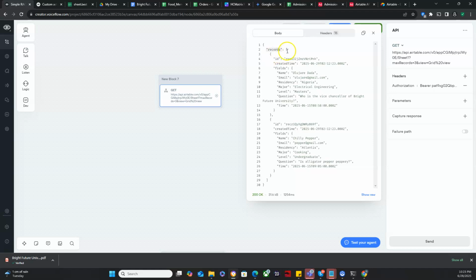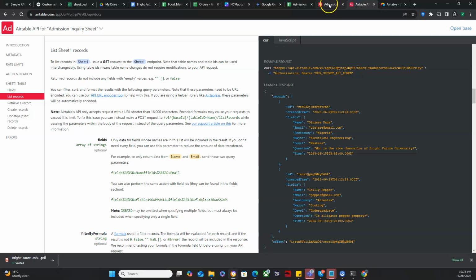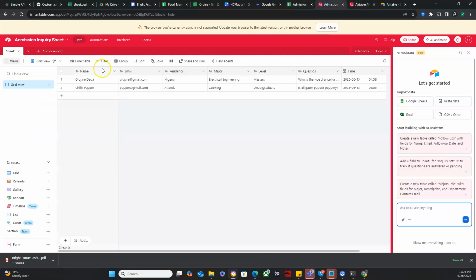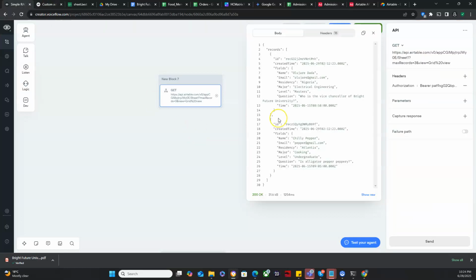So you can see all the information we got from it, everything we got from the sheet, right? We asked it for a maximum of 3 records, right? But there are only 2 records in our sheet. So we will still look a bit more into some other functionality, some other ways to filter the data on our sheet. But I just wanted to get us all up and running, right? I hope it wasn't too difficult or too crazy,